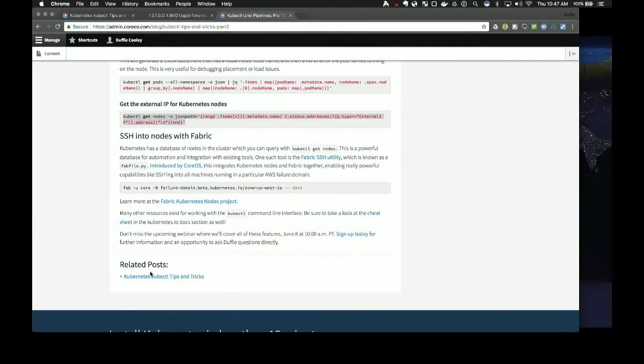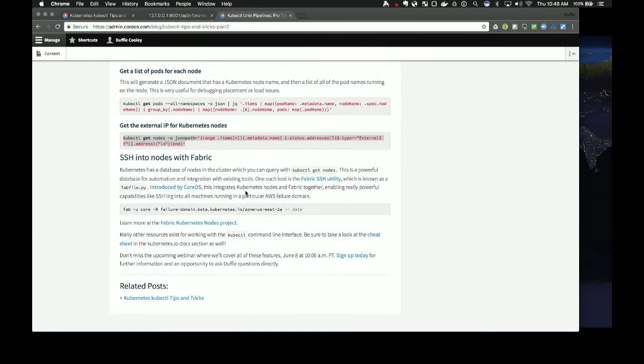And then lastly, we have an example of SSHing into nodes with Fabric. Fabric is a pretty interesting tool that allows you to SSH into things and manipulate them. If you want to explore that, I definitely recommend checking out a blog post by Brandon Phillips, which was brought up earlier this month, or maybe last month. That's another really great example of how to manipulate things on the node itself. So if you want to insert a CA file, or change the SSH keys, or anything else like that,